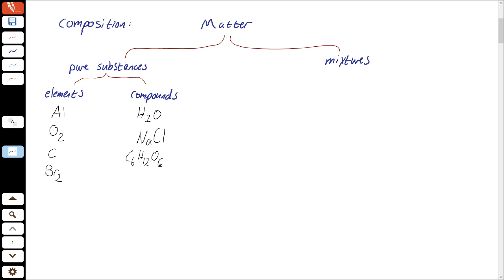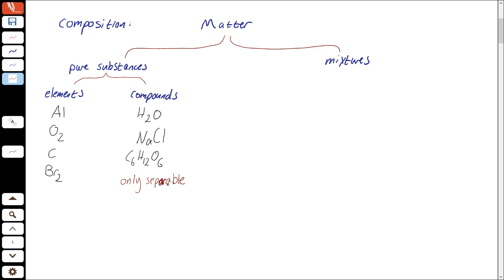Yeah, it actually has to do with how we can separate it. So compounds are combinations of different elements, but they're combined in a chemical way. They're actually bound together by something called a chemical bond, which we'll talk about a little bit later. But we can say here that compounds are only separable